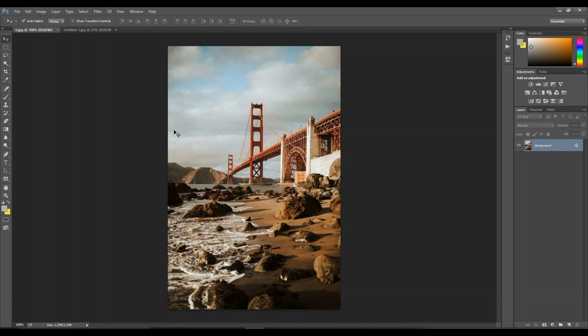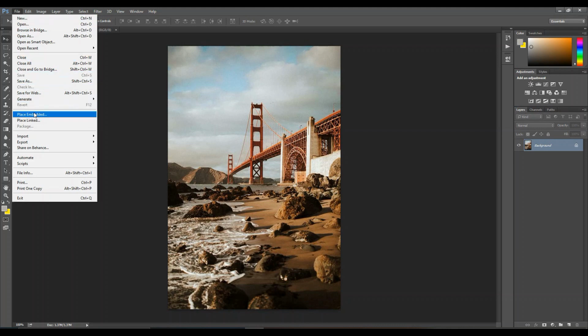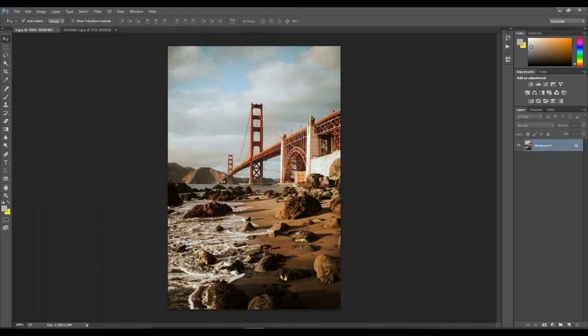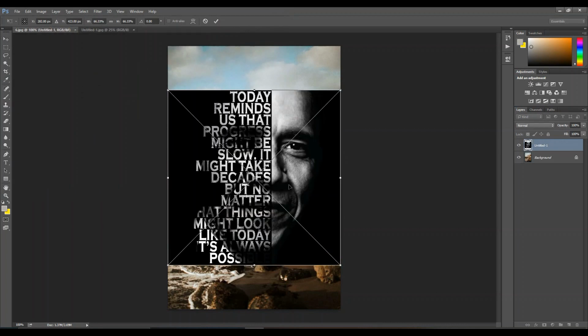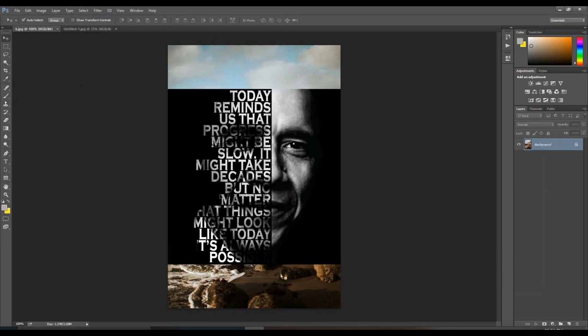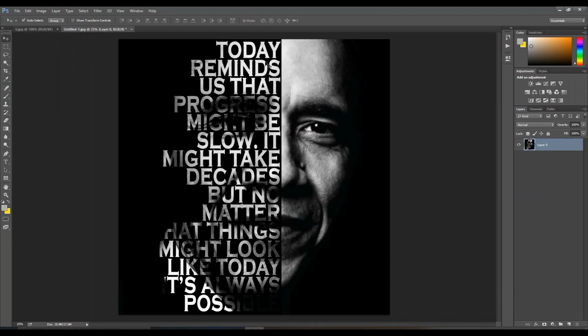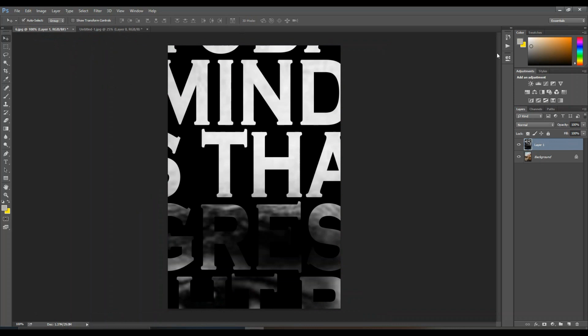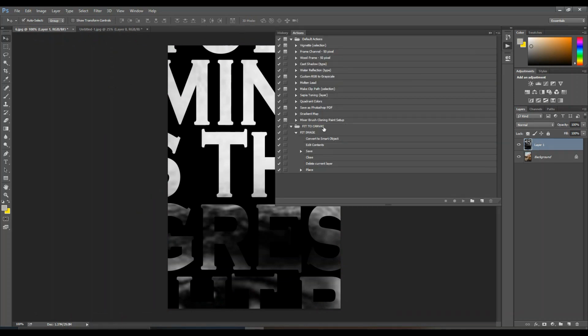See, this method is very helpful where we need to place one image from one document to the other, because in rest of the cases if we are directly opening it from a file, so simply with the help of Place Embedded you can simply select the image and it will automatically fit your canvas size. But in cases where we need to transfer from one document to the other, in such cases, fit to canvas, the one which we created, applies, as you can see.